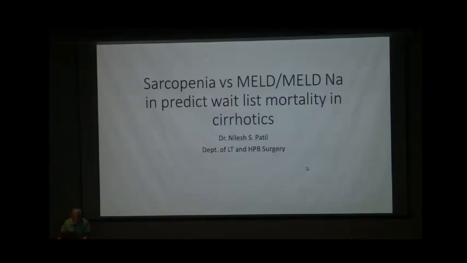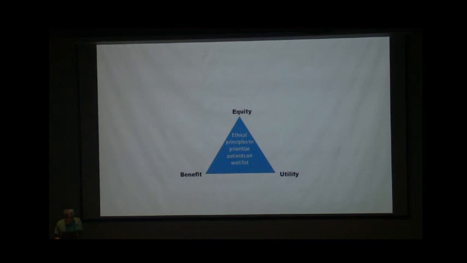Sarcopenia versus MELD and MELD sodium predicting waitlist mortality in cirrhotics. Basically, the waitlist mortality term is used predominantly in the donor liver transplant setting, and it means that the patient died while awaiting the transplant after listing, or the patient became too sick for the transplant and was removed from the transplant list. So whatever scoring system we use for the allocation, that depends on the three ethical principles,